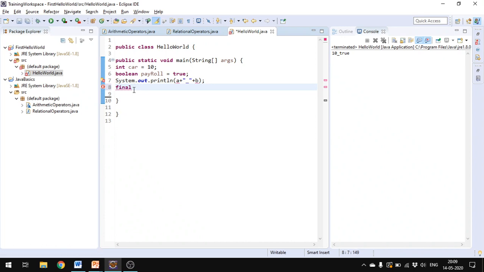I can put a is equal to 10. So this will create a constant. I have to define a new variable. Okay, so let's put a. If I try to edit a, if I print it again,